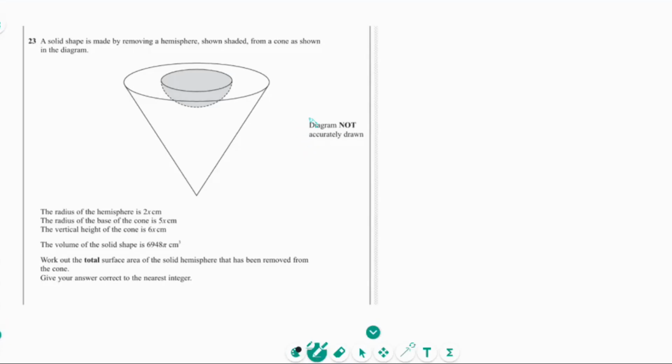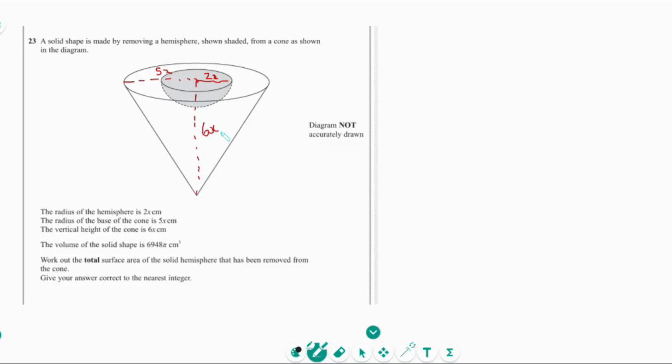A solid shape is made by removing a hemisphere, shown shaded, from a cone as shown in the diagram. The radius of the hemisphere is 2x. The radius of the cone, 5x. Height of the cone, 6x. The volume of the solid shape is